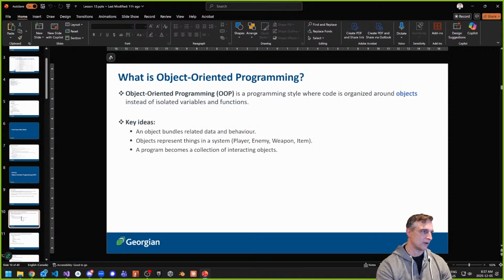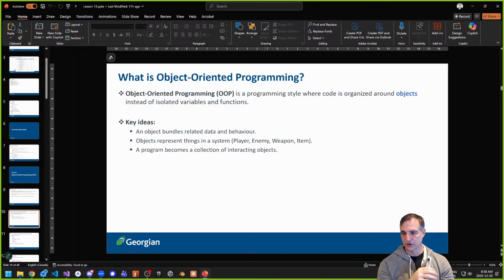So what is OOP anyway? Object-oriented programming, like I said, is a style of programming. What we want to do is create objects. That's what it is. I want to create an object. And really, what an object is, it puts together two things: data and behavior. So I want to hold some kind of data for that particular object, and I want that object to do something. And they could be anything. Objects can be all kinds of stuff.